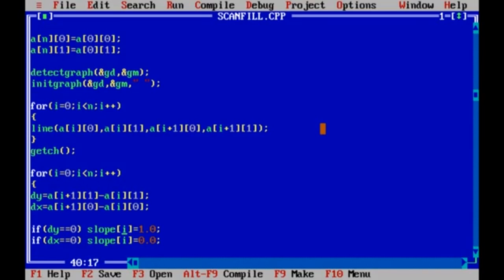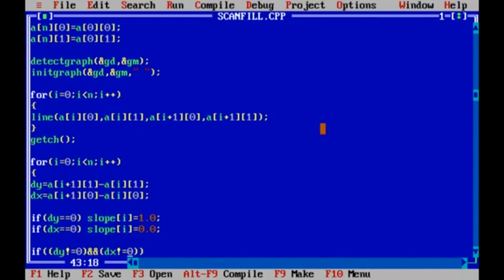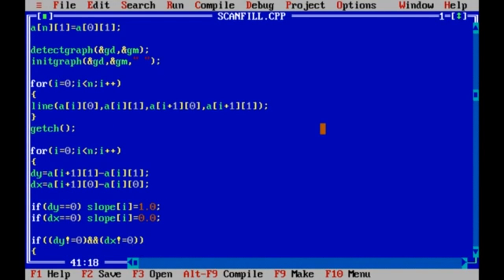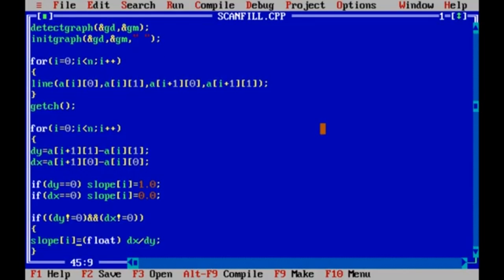This is nothing but the distance between x and the distance between y. The points on the x-axis and points on the y-axis, we are subtracting to get the distances. Now there are conditions. If dy equals 0, slope of i is 1.0. If dx equals 0, slope of i is 0.0.